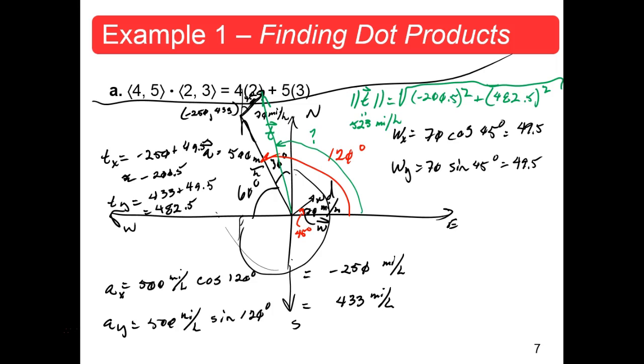Okay? The values we got from the sine and the cosine, and I think you're really close to it now, especially since we know the total magnitude, 523. So I think what we could do is